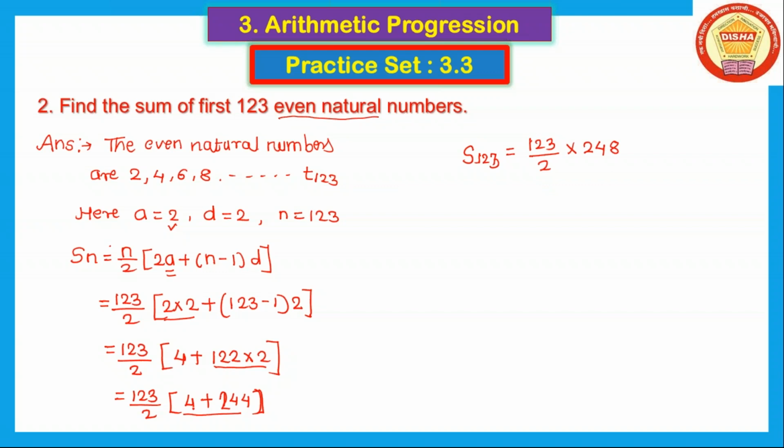Here we do the addition of 4 plus 244, which is equal to 248. Then we divide by 2: 2 ones are 2, and here we divide, 2 twos are 4, 2 fours are 8. Means the multiplication is 123 into 124. Then the multiplication of these both numbers is equal to